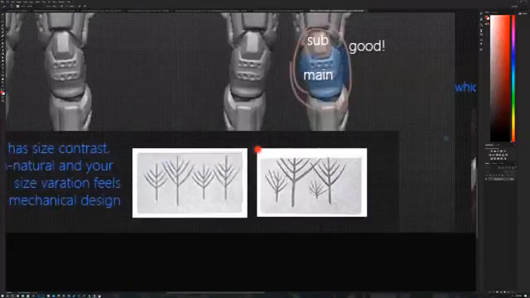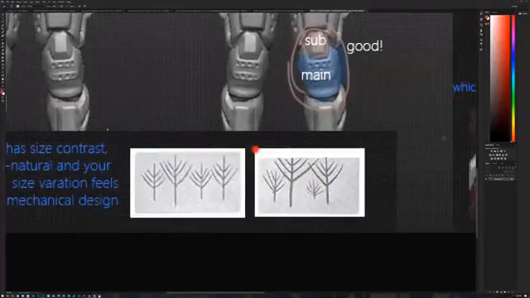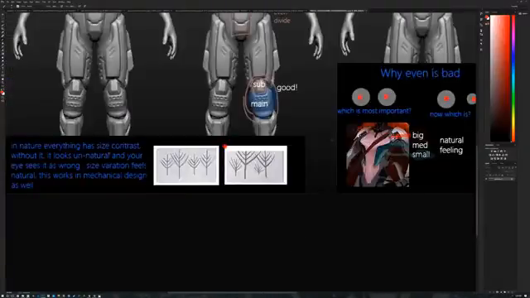And that's why trees are a great example, right? Big, medium, small. I can apply big, medium, and small to a sci-fi design. And so it's about giving it this natural feeling and this feeling of pleasure to the eye and to the mind. It's not necessarily about what it is, it's about how it is and making it natural, if that's your goal. So in nature, everything is size contrast. Without it, it looks unnatural, and your eye sees it as wrong or artificial, as a better way to describe it. It looks man-made or